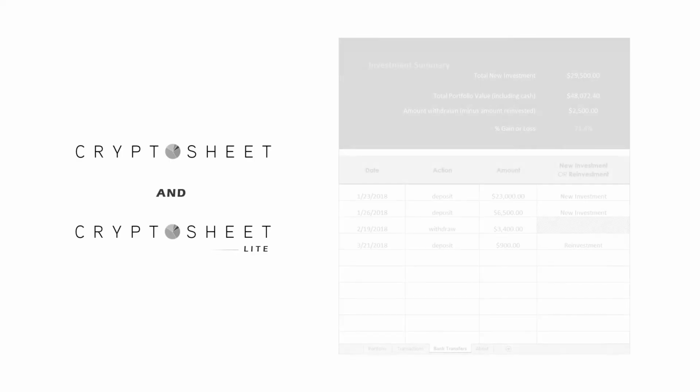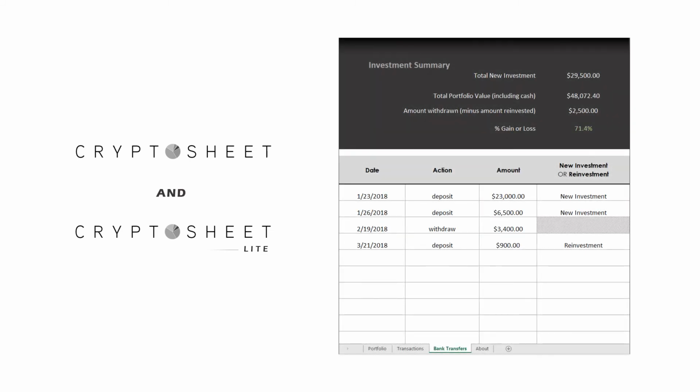Both Cryptosheet and Cryptosheet Lite include a bank transfer sheet within the file. This allows you to accurately account for all of the money you've invested into the portfolio. Money invested, withdrawn, and even reinvested is input here, which allows for an accurate calculation of your overall gain or